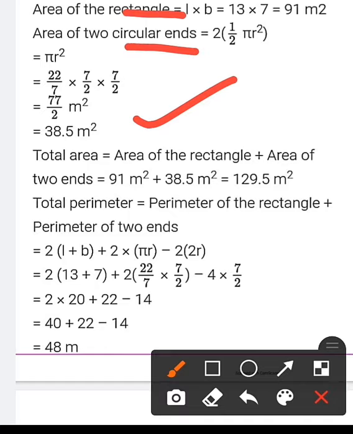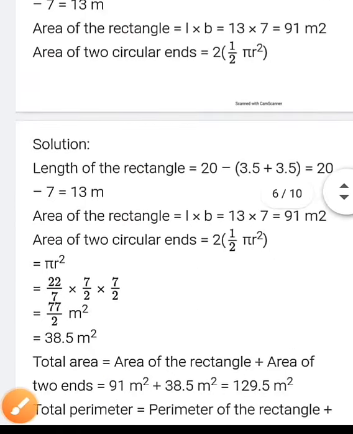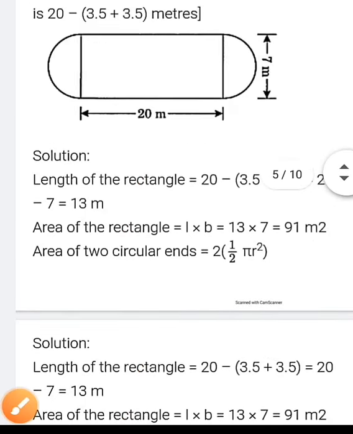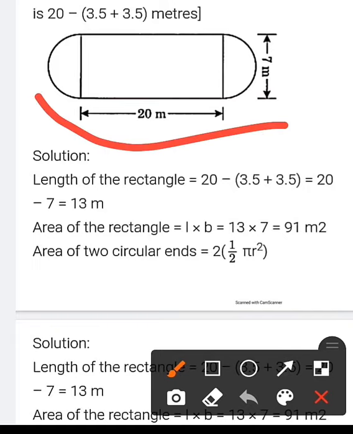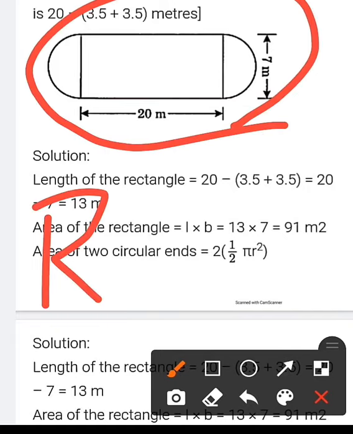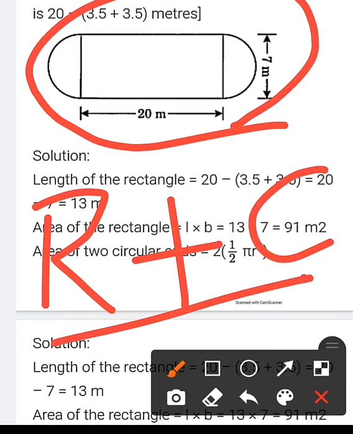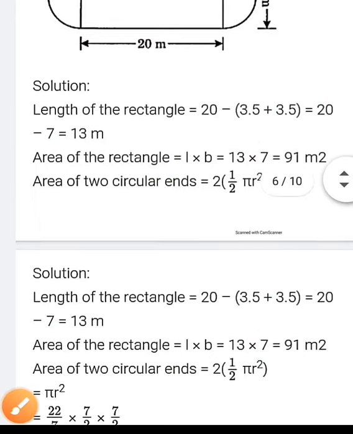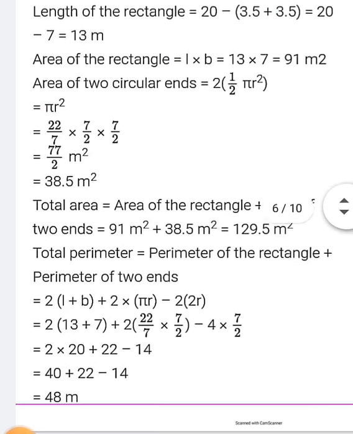Okay. Now we have to find out area of this complete shape. ये जो आपका पूरा complete shape है उसका area ढूंढना है. So हमको जो area of rectangle मिला है, area of rectangle plus we have got area of this two circular ends. Both we will add to find the total area of this complete garden. तो ये पूरे का complete area ढूंढने के लिए दोनों जो आंसर मिला है उसको ऐड कर देंगे.